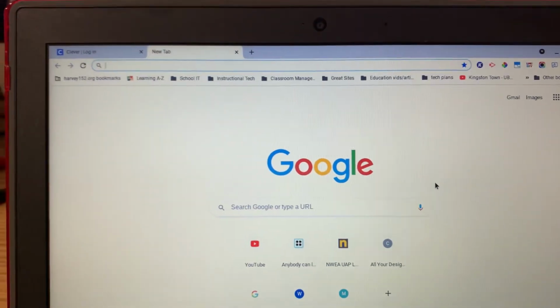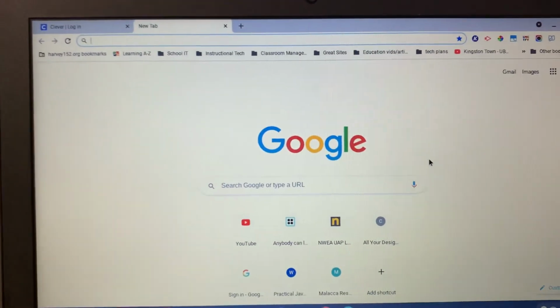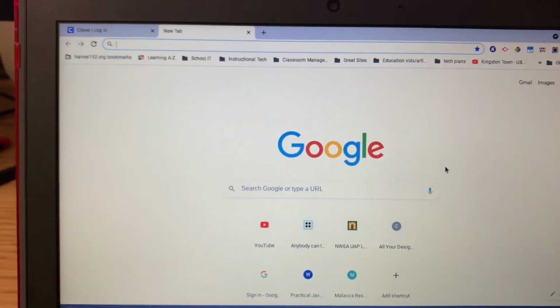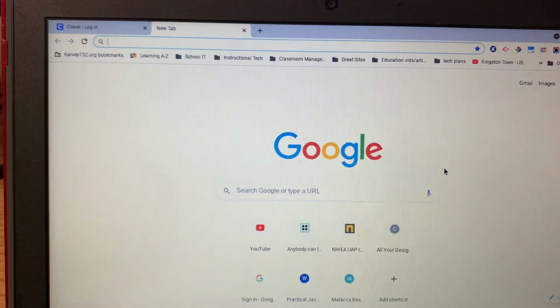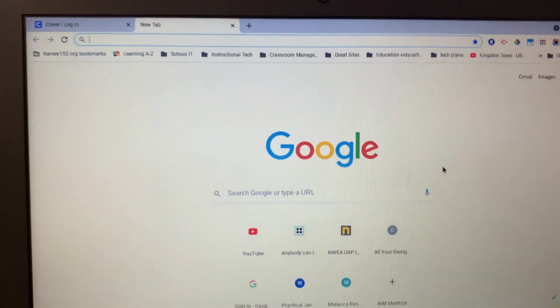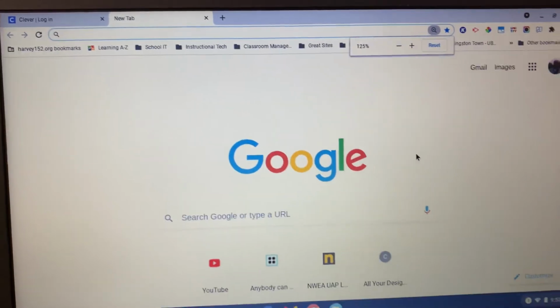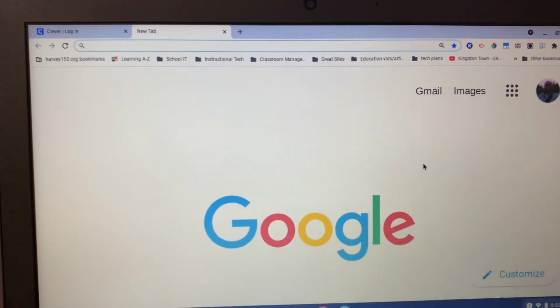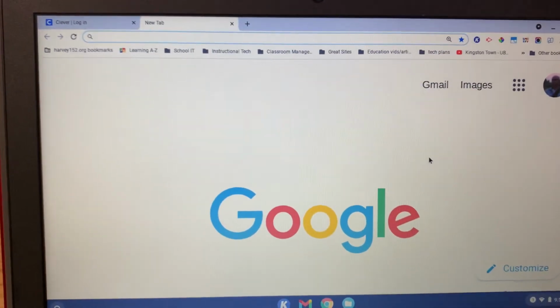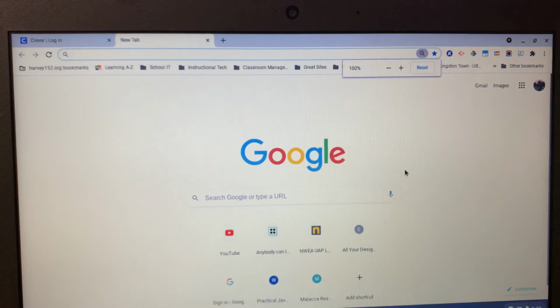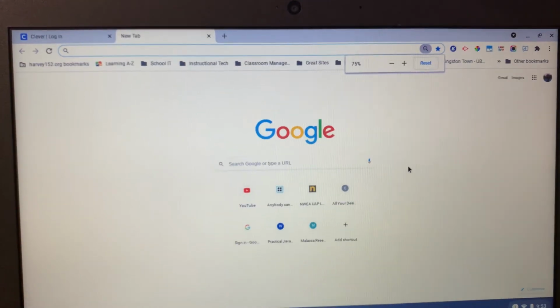Okay, the first thing you want to try if your screen resolution seems like everything got much bigger or much smaller is to do what I think was already suggested to you. If you press the Control key and the plus sign at the same time, you'll notice that it starts to magnify your screen, and then I can press the Control button and the minus sign at the same time, and that's going to start to bring that magnification back down,